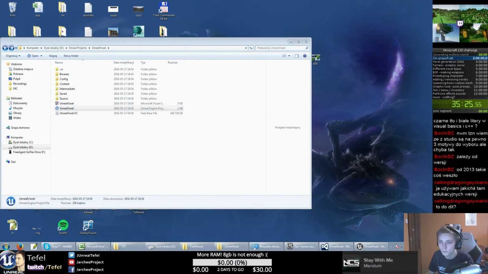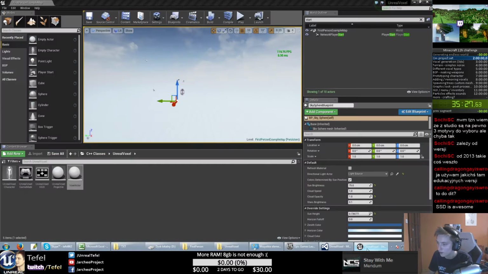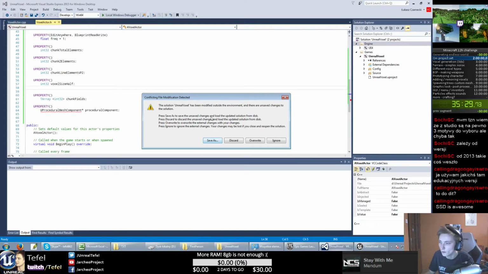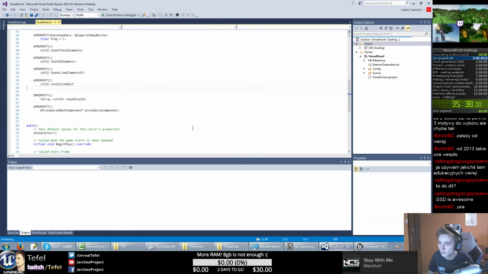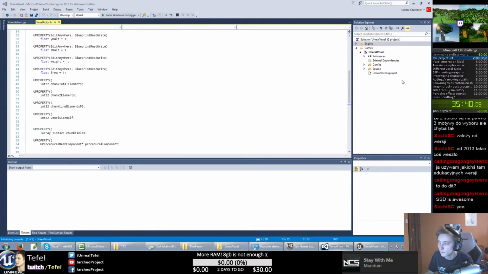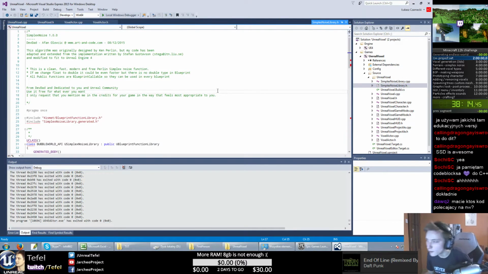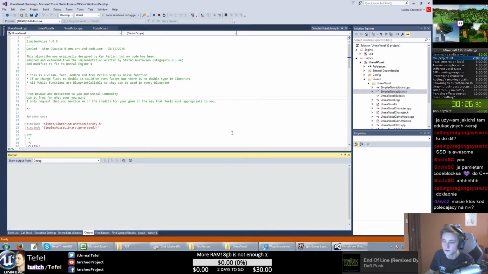Yeah. Okay, and we can go back, and as you can see, there is a detection of some modifications, so I just overwrite. Should be fine. And like that, we can just use this simplex noise inside our Unreal Engine, and we can generate everything from this point. And I will be showing how we can just use this, but let's go back and let's replace